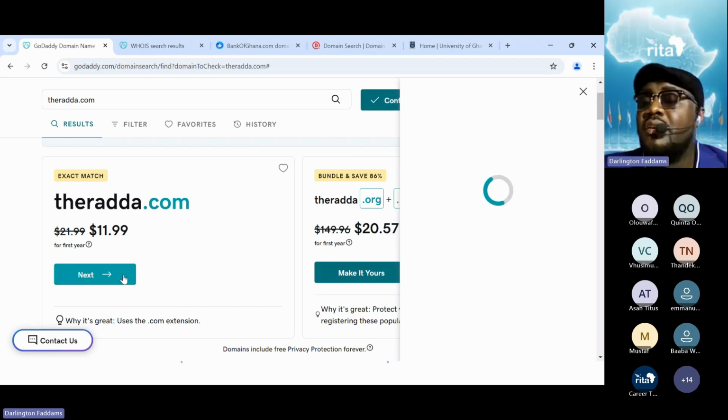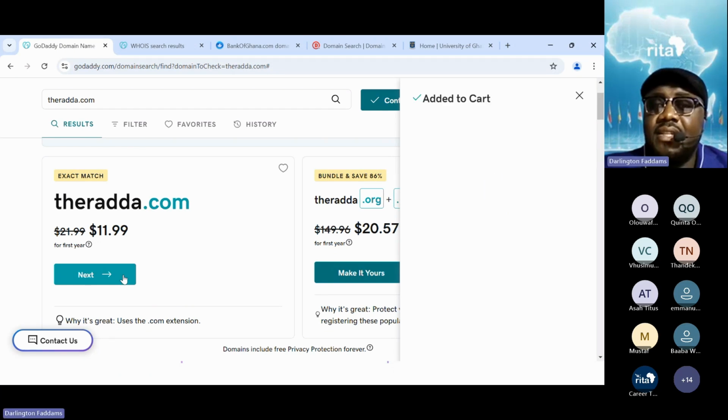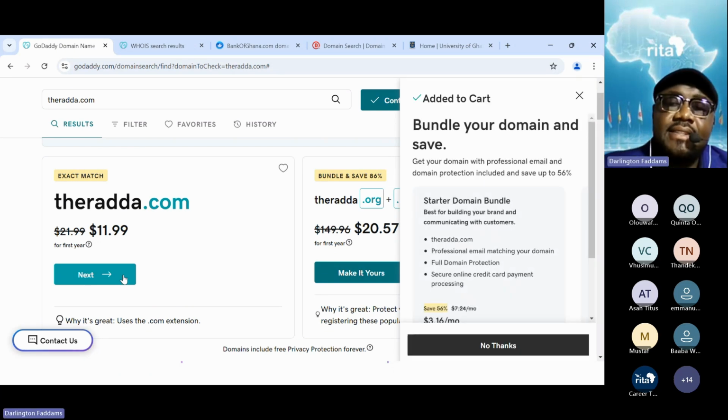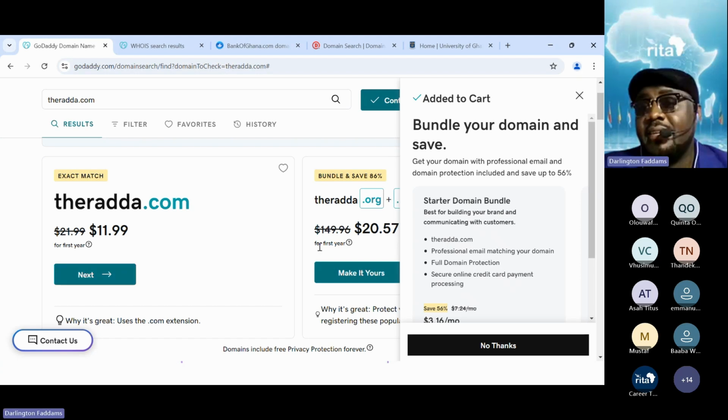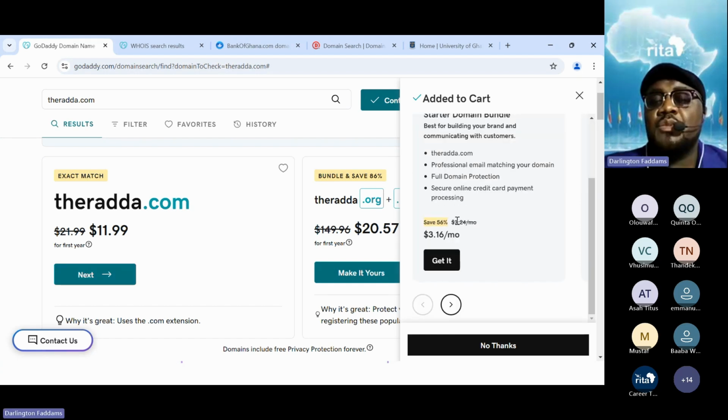So if you like it, you go through a process. Tomorrow, we will go a little deeper into the process. And if we get there and we are lucky that we want to really buy a name, then we buy. But once you pay, you have full access to the name for 1 year. And once you pay, there's nothing you can do about it. It's yours. Whether you like it or not, it has been given to you.